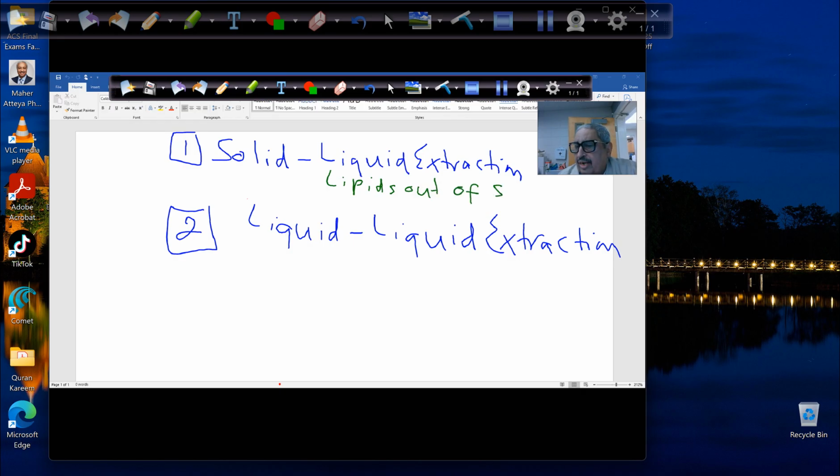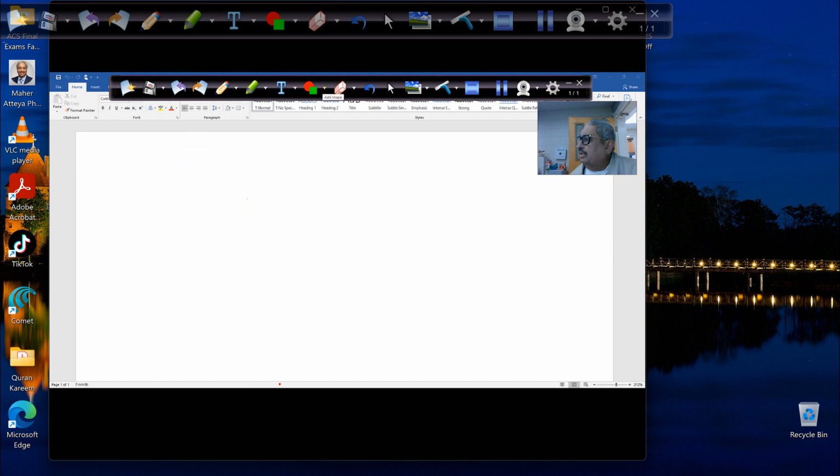In the first procedure, solid-liquid extraction, we'll be extracting lipids out of snack food. In the second procedure, liquid extraction, we'll be extracting caffeine out of soda or cola. So those are the two types of experiments we will do today. Going back and looking at those two procedures in some detail,